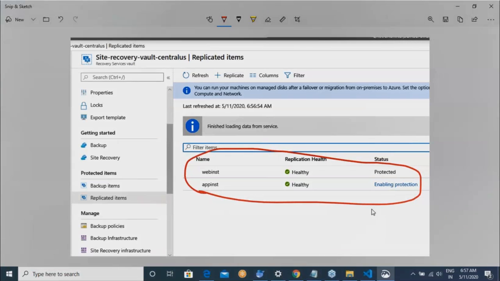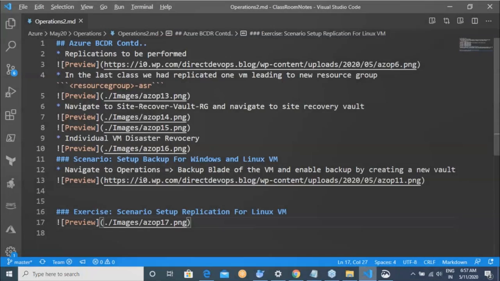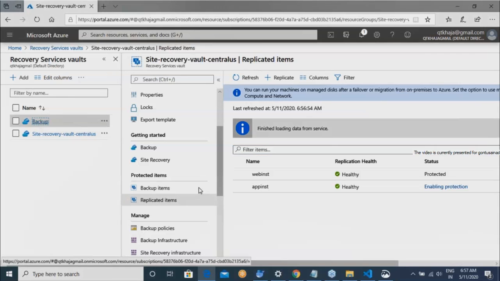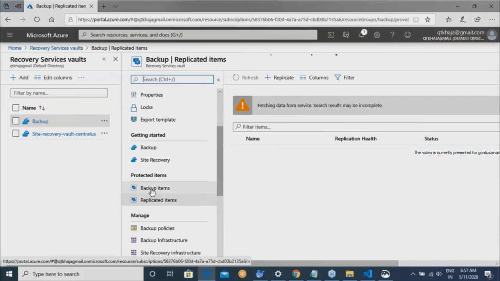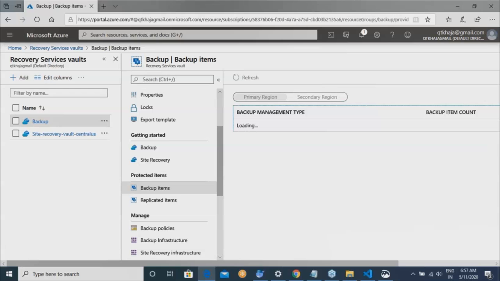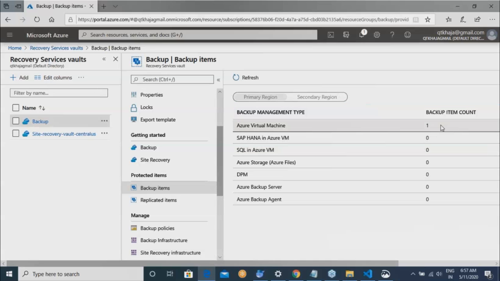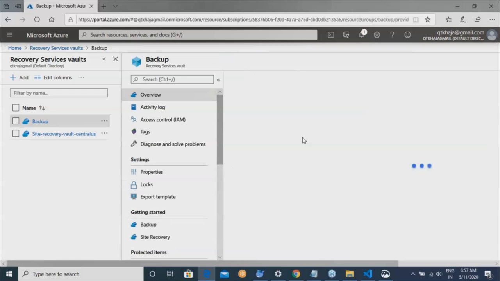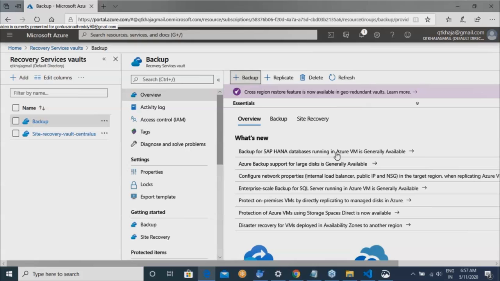So this is protected, but both should be protected. Now in the same way, if you go to backup and then look into backup items, right now one item's backup is available, but how many do we actually want? We want two. So how do you do that? Go into overview, add a backup.